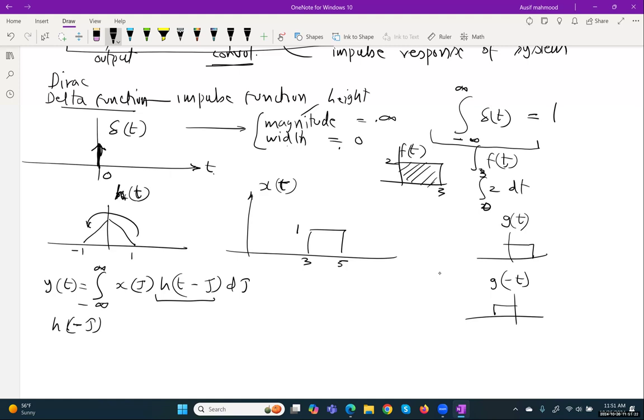Because I picked a symmetric h of t, if I flip it along the y-axis, it will still stay the same. You guys agree? So h of minus tau will be the same as this, -1, 1, and the t scale becomes tau, right? Okay, let me do the same thing to